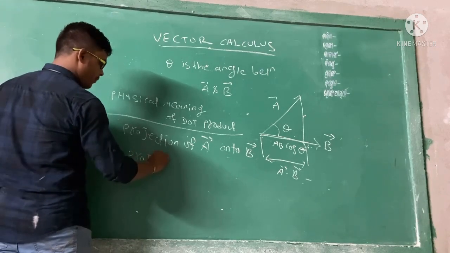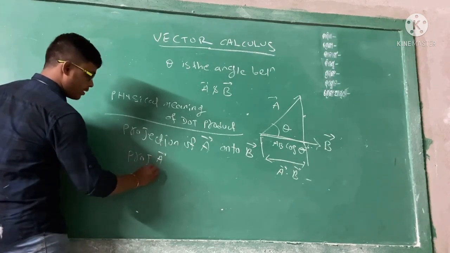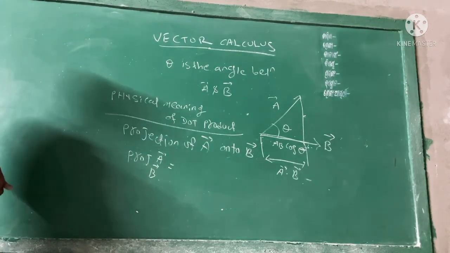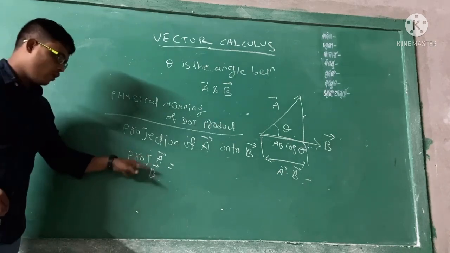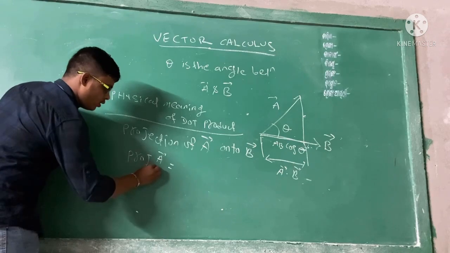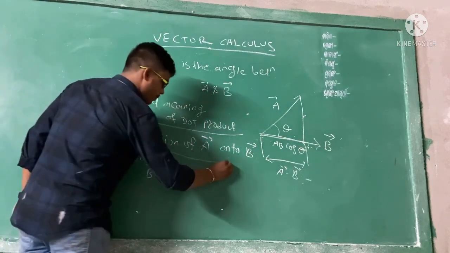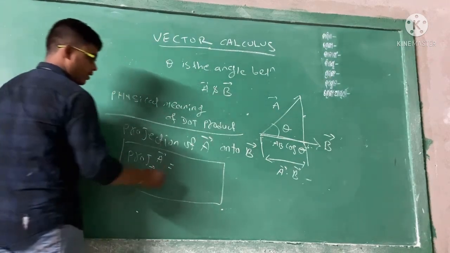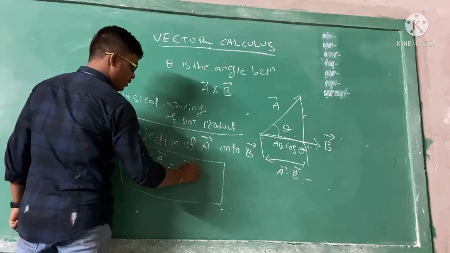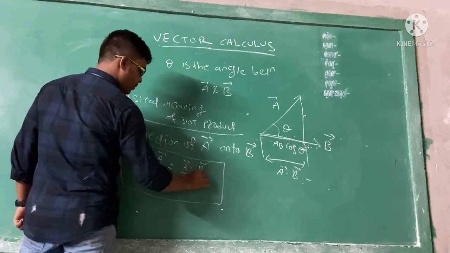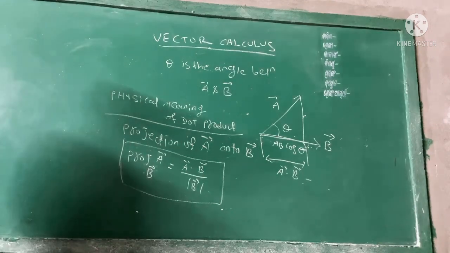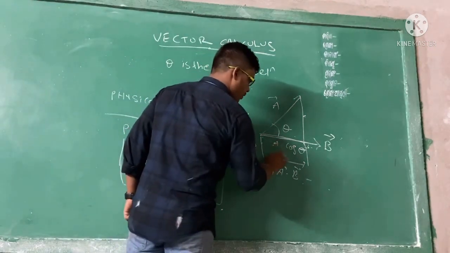How will you find the scalar projection? In the question also it was given to you, find the scalar projection. So how will you find the scalar projection? First you know how to write. So projection of A onto B. So B will be in the denominator side, the down side, and the upper side will be A. So projection A to B. So remember the formula, A dot B divided by B magnitude.